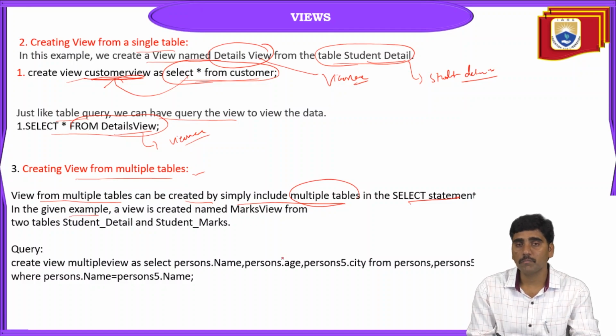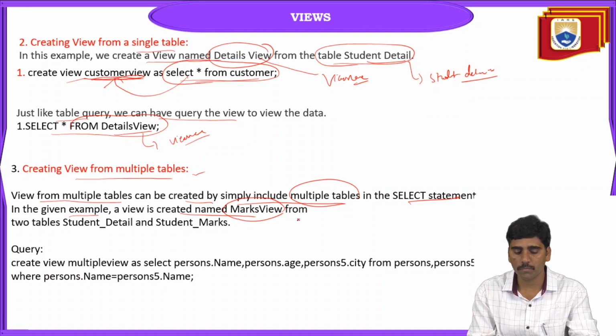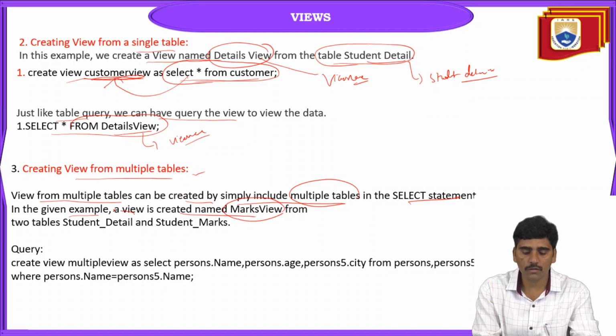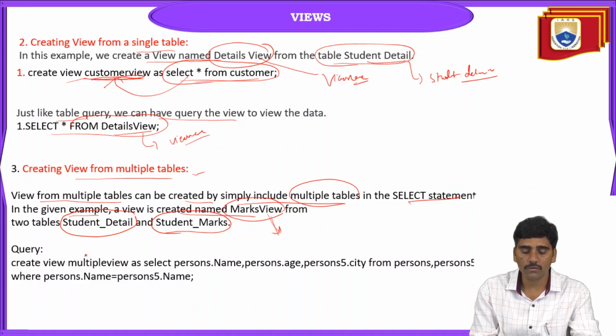In the given example, a view is created named marks_view from two tables: one is the student_detail table and the second one is the student_marks table. So from these two tables, we are going to create a view called marks_view. So the query we need to write is: